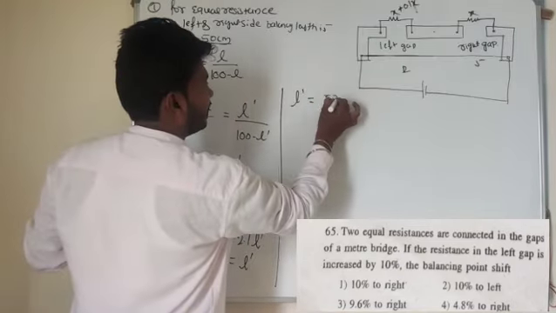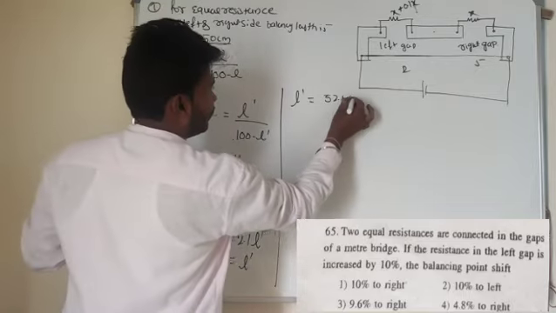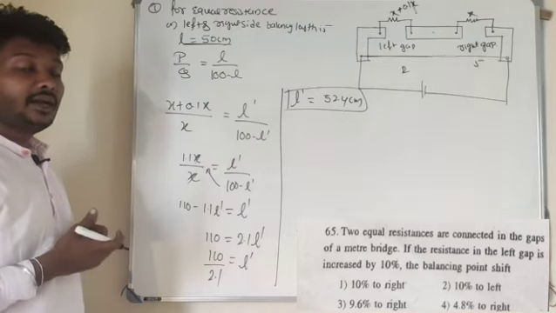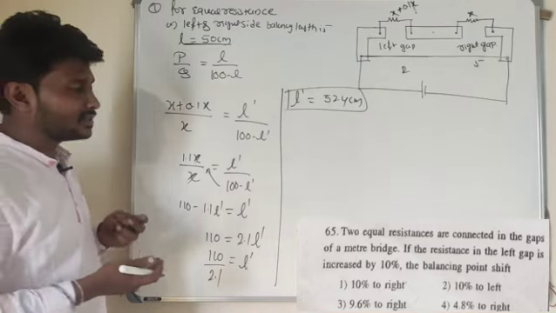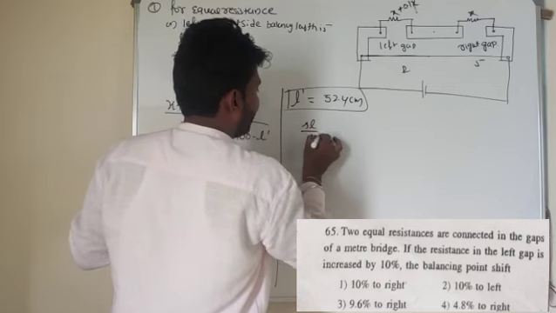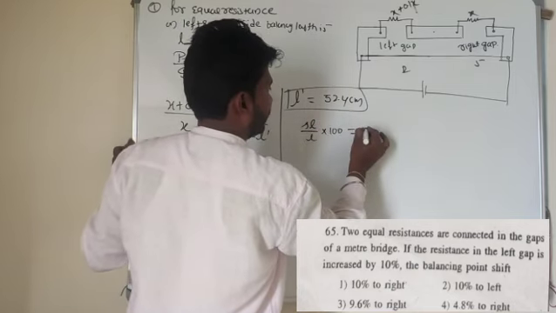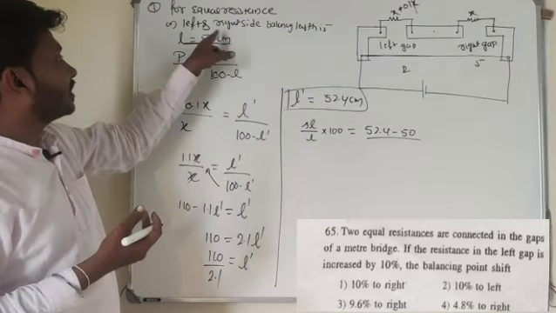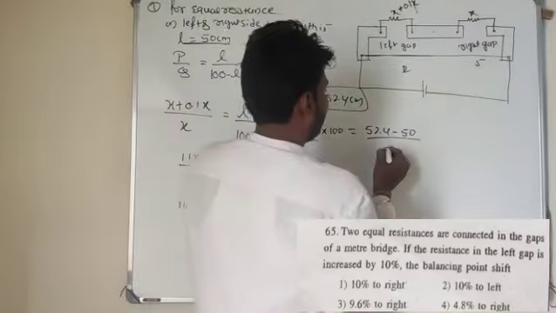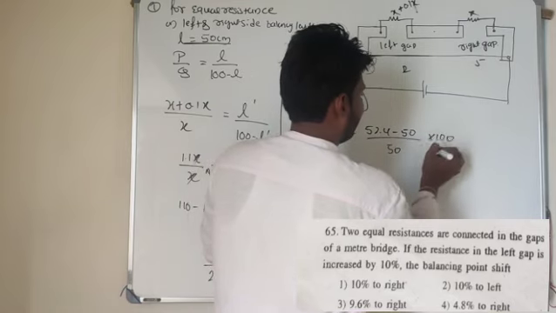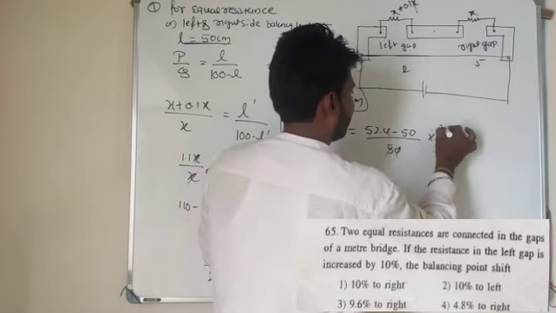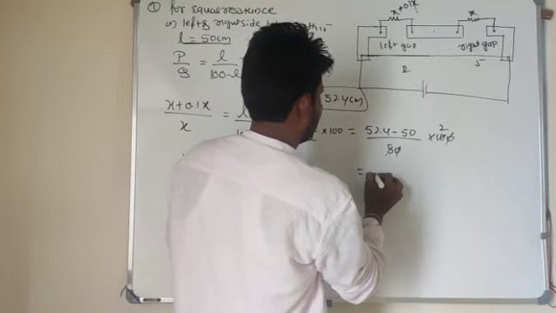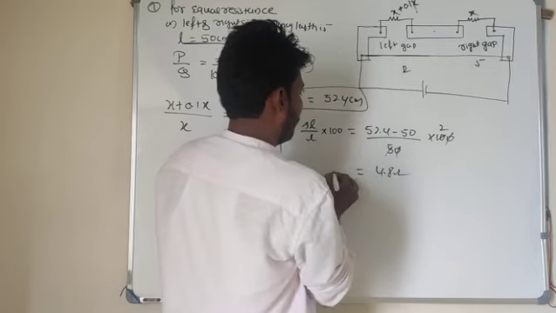So that is nearly around 52.4 centimeter. What's the value of L dash? You will get it here, 52.4 centimeter. So in terms of percentage I can take delta L by L into 100. It is equal to L2, which means 52.4, minus L1, which means initially for equal resistance the length value is 50 here, divided by 50 into 100. 2 into 2.4, so that is around 4.8 here.